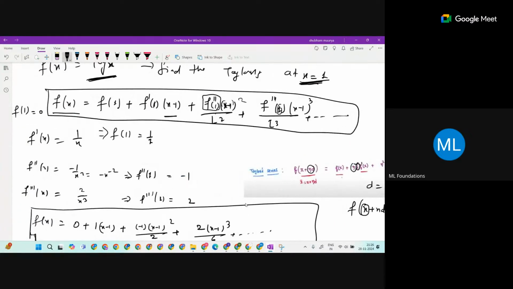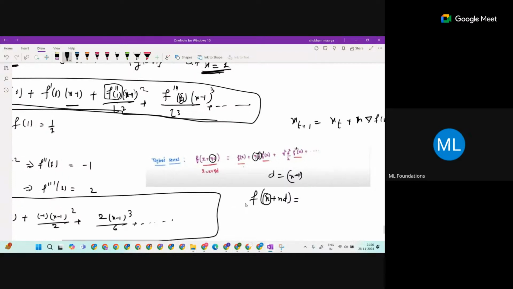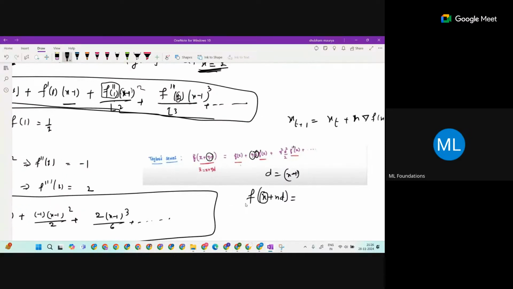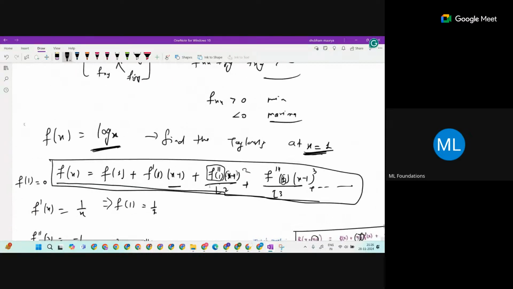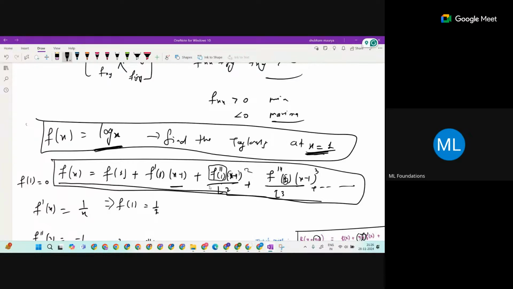So I don't think the Taylor series is asked; there is a chance it may come. First, because sir did not write in the proper Taylor form as I wrote here, I just gave it from my side. This is another form of the Taylor series, but it depends on the question properly mentioning what your eta is, what your t is, and where you are writing the Taylor series. In mathematics, generally the Taylor series is asked like this.